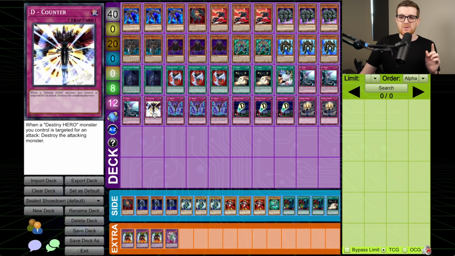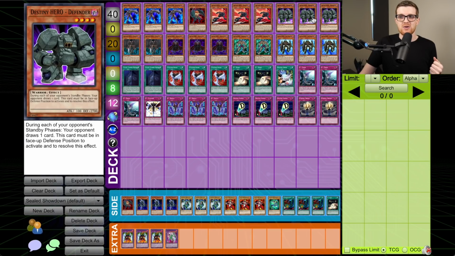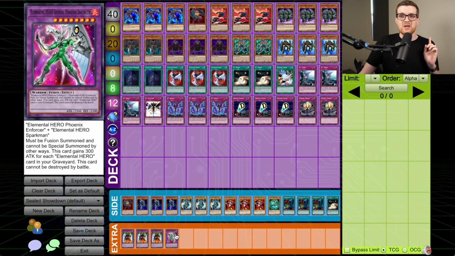This lends itself to the fact that Elemental Hero Phoenix Enforcer cannot be destroyed by battle and has 2100 attack, which means there is no conceivable way to actually out this card. But the problem is Phoenix Enforcer can't get over Defender at 2700. There's no other card that buffs it, because this is a Destiny hero set with an elemental hero fusion monster in here. However, we can go into Shining Phoenix Enforcer, and this will actually be able to hit over Defender,